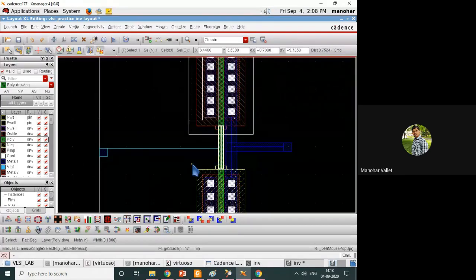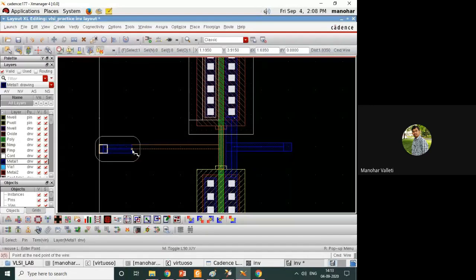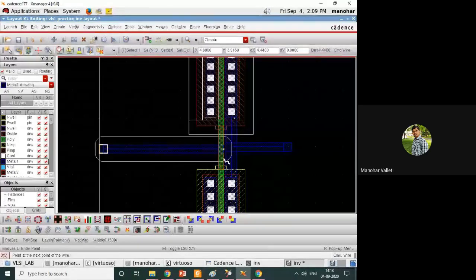So if you are making a connection between two different materials, you need to use vias. You can bring it like this: put a cursor on the input pin, press P, bring it. You cannot go all the way here because metal is different and polysilicon is different.